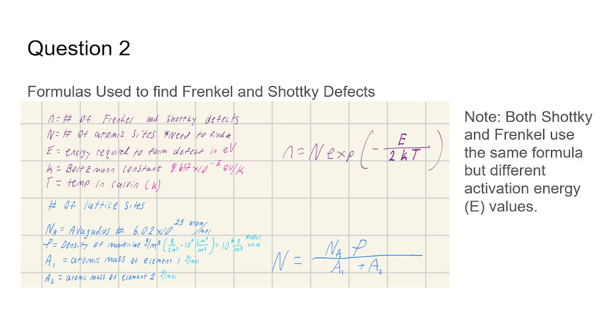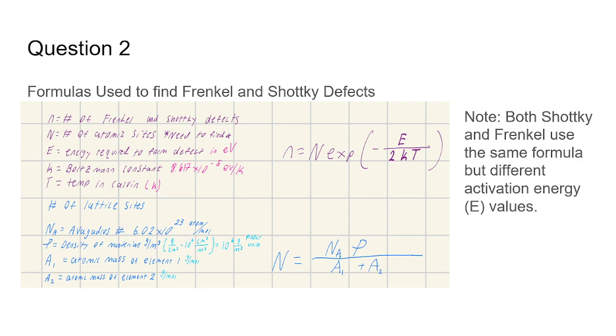The second equation finds the number of lattice sites in our metals, using N_A, Avogadro's number, which is 6.02 times 10 to the 23 atoms per mole,